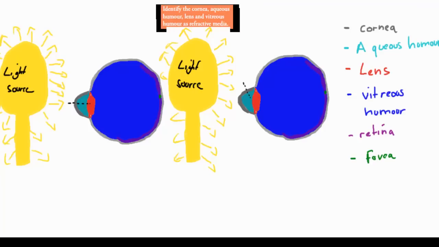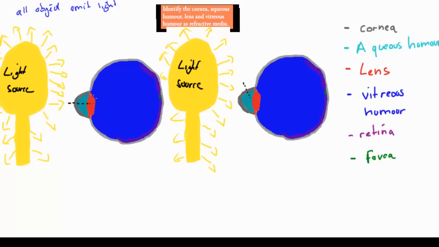Alright, so we said that all objects emit light, either directly by emitting light like a light source, or indirectly by reflecting light from, for example, the sun. So all objects emit light. Now that light still needs to arrive at the back of our eye to make sure we get a proper image. So in this case, for example, in these two images,